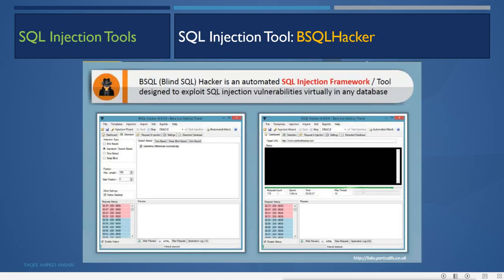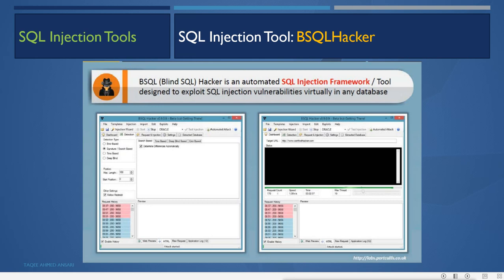Then SQL injection tools. Now those queries which you have seen till now look very difficult and very complex, and it feels like we are not able to understand them. Now we don't need to understand them because we have tools here. We have tools which we can use to do these things without even knowing the queries. We can use these tools to craft all kinds of queries. These are graphical tools and command line tools. So what can they do? They can automatically design the query for us.